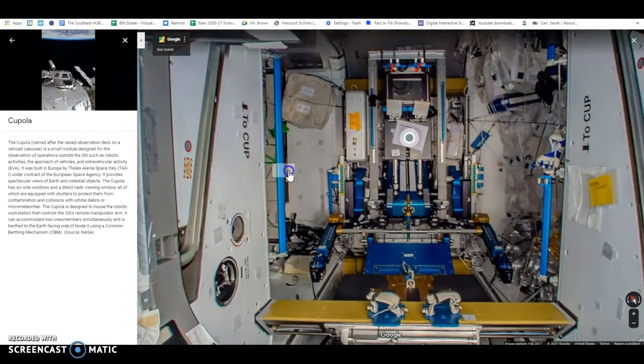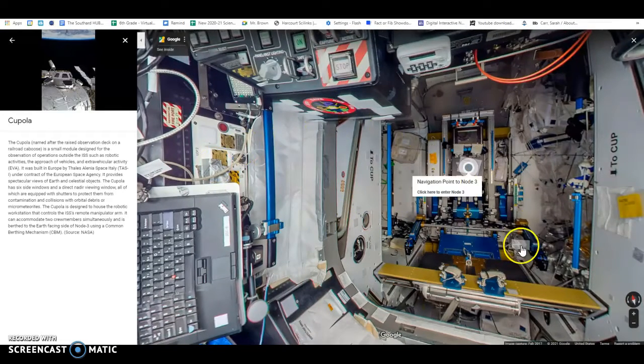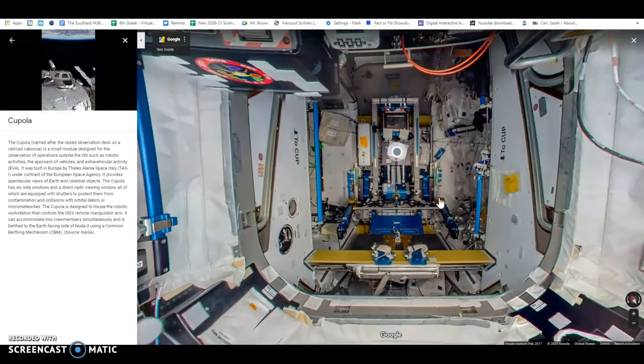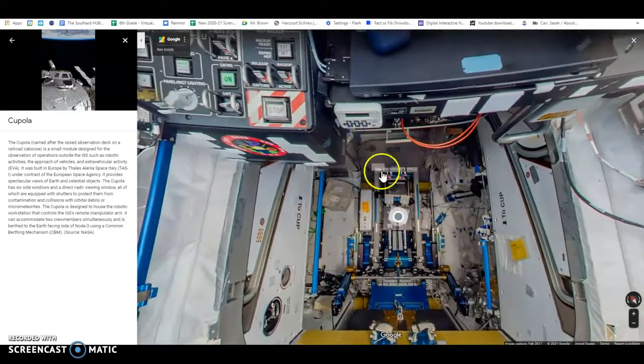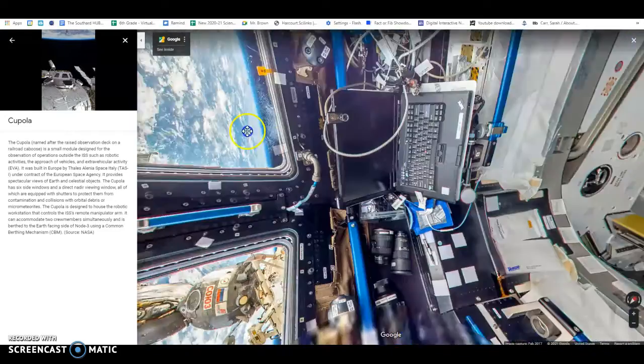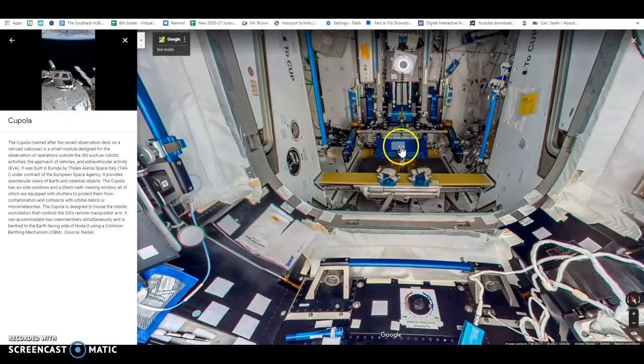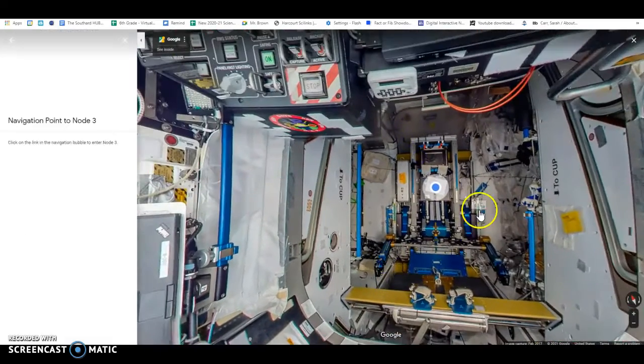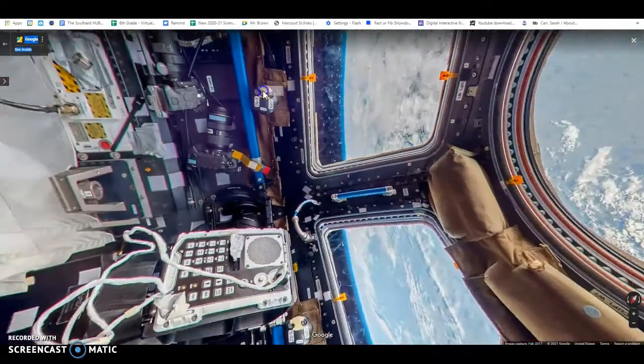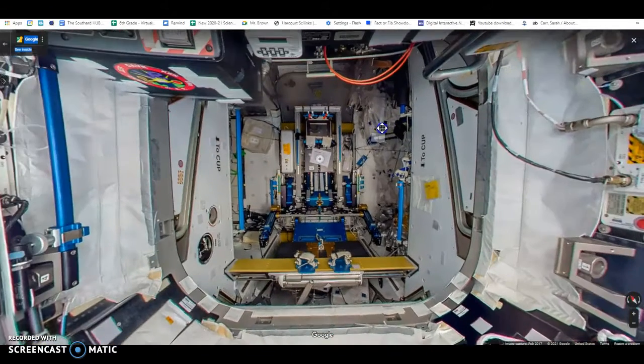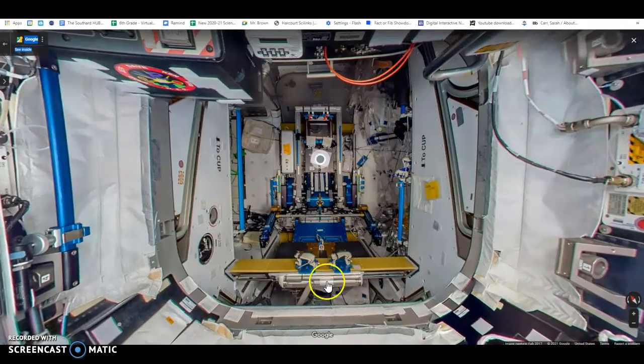Okay, you'll be able to go throughout. And then you see this little viewer here. If you click and double click, you can do all sorts of things. You can move around. So once you're done exploring this section of the station, just like on regular Google Maps, there will be a